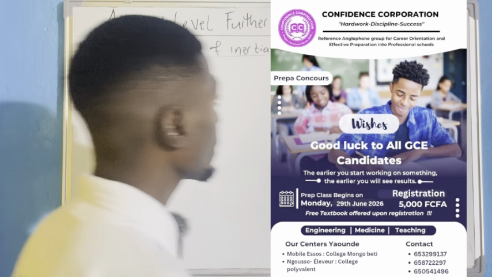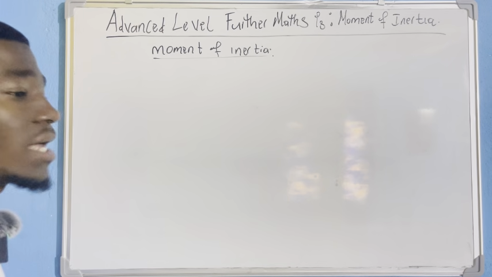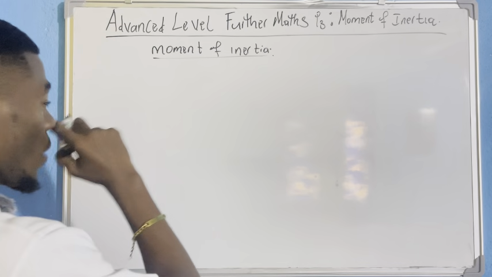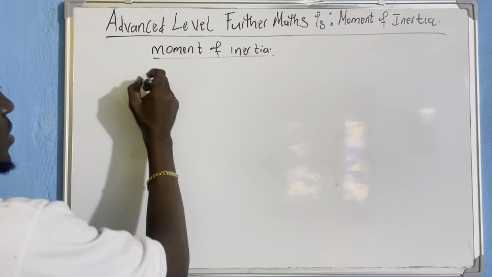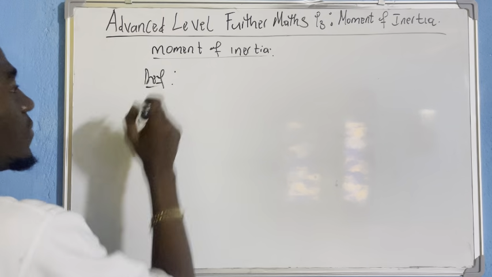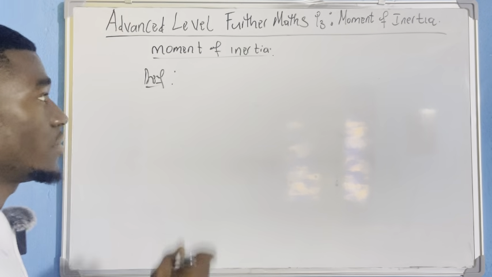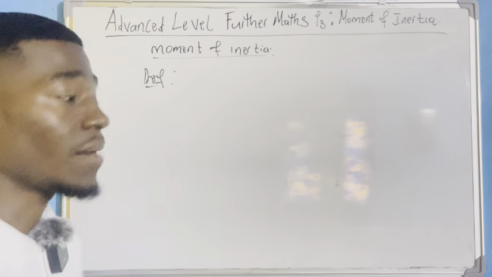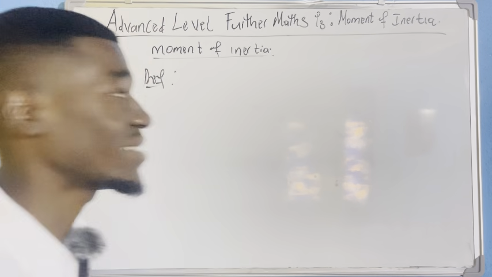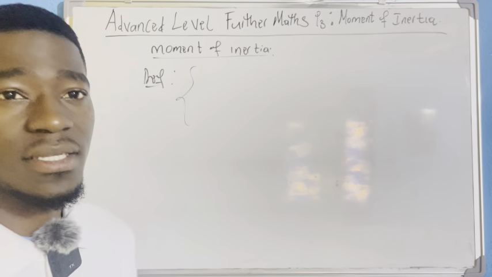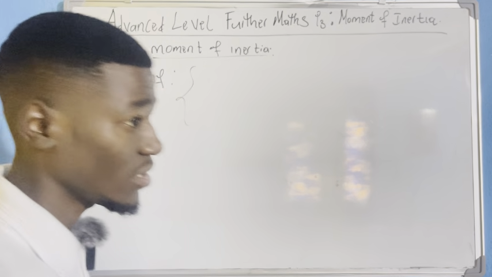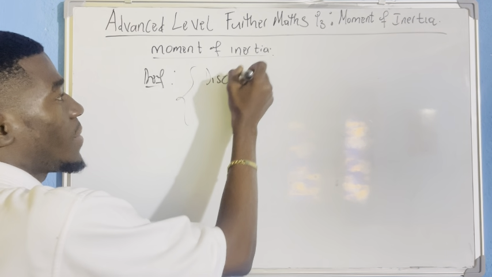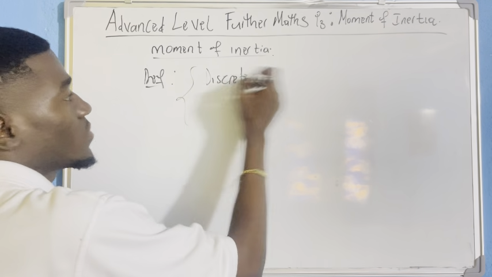As I was saying, moment of inertia is that reluctance of a body to rotate. So now the formula. That was the definition of moment of inertia. For the formula to calculate the moment of inertia of a body, there are two kinds of body. There are bodies which have discrete masses, as I did in center of mass. Those that watched my video on center of mass, a body made up of discrete masses.